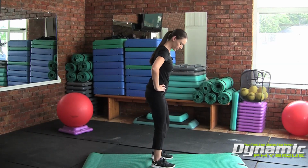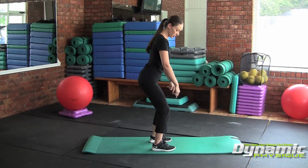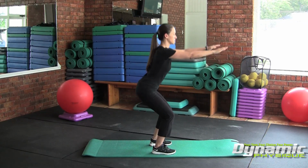So focus on hip hinging first, meaning that you want to focus on bending at your hips first, flexing your hips first before the knees. So you want to go ahead and push your hips back and then bend your knees. So in this pattern, flex at your hips first here, and then bend at your knees here. Now you can put your hands on your hips or your arms out in front, just like this,